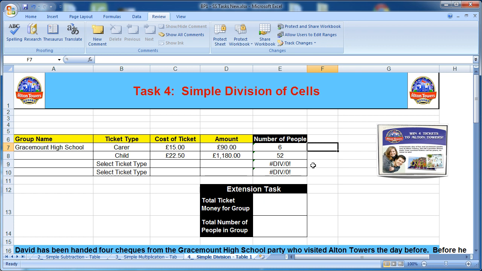You can have what's called an IF statement here, just for a bit of fun. So again, we're putting an equal sign in here, equals IF. Now, let's say that we've got to have at least 5 people or 5 carers going on this trip. So we're going to say that if this here, so that's cell E7, so click on that, is less than 6,